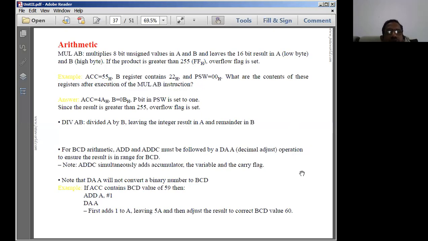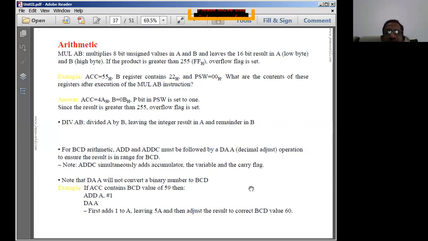Well, the other instructions following in the arithmetic operations are the multiply operations. Multiply and division are very important instructions. So how will this multiply instruction be executed, how will we write this instruction? As we discussed earlier, in the multiply instruction, we will be using the A and B registers only. This is a very important thing.